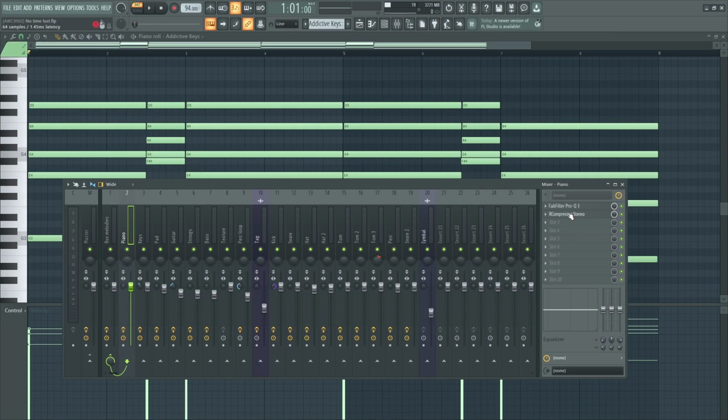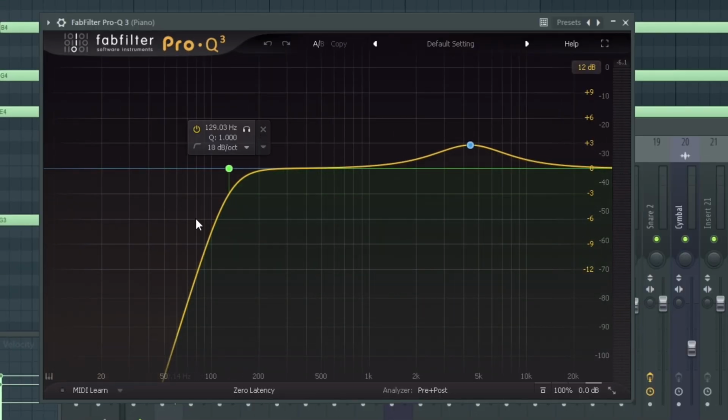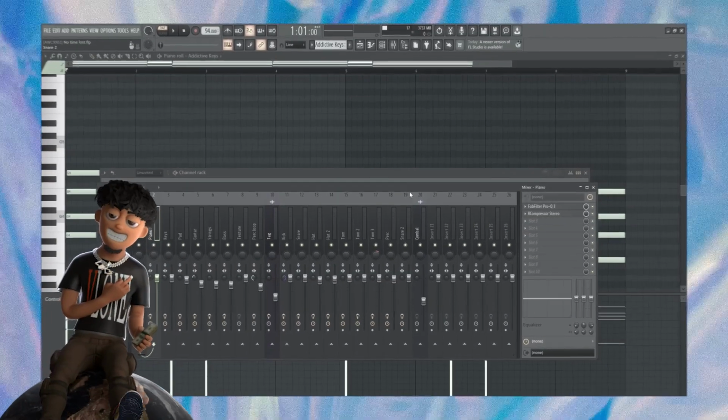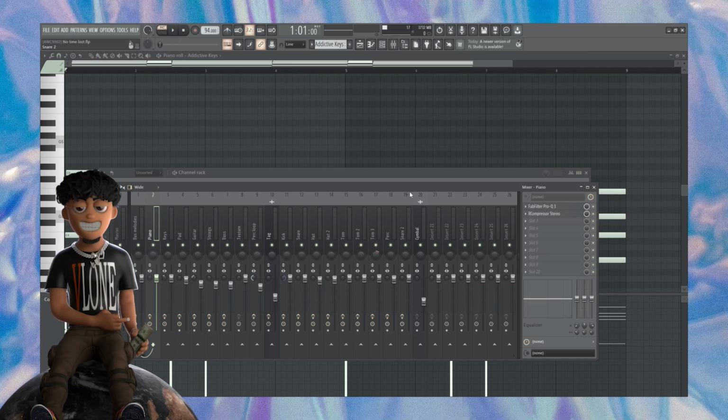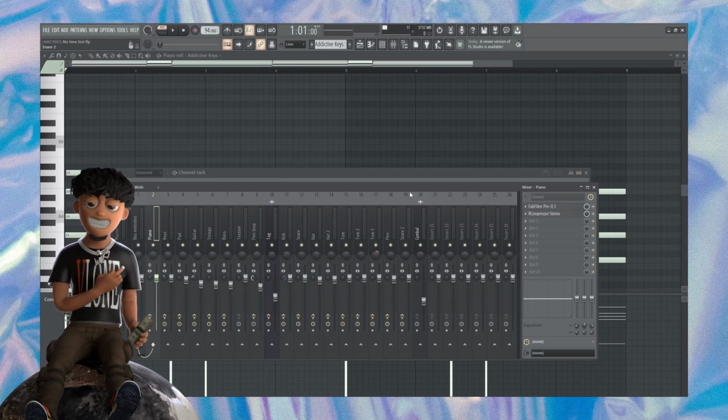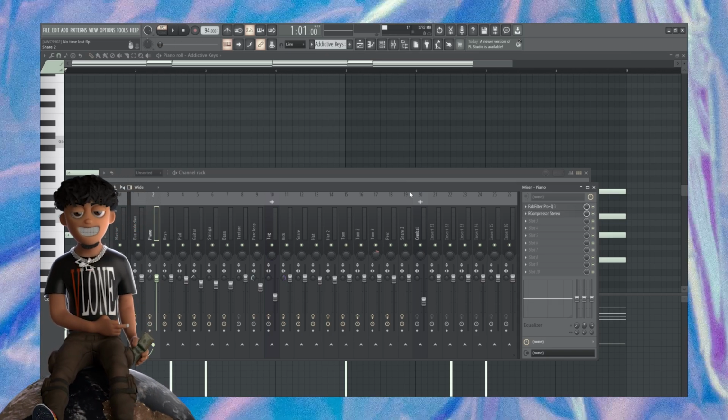In the mixer, just an EQ, cutting the low ends and boosting the highs, and compression. Like you can see, I didn't do any difficult, crazy thing for this piano. I just made simple major and minor chords with some inversions to make the human feel and also keep it